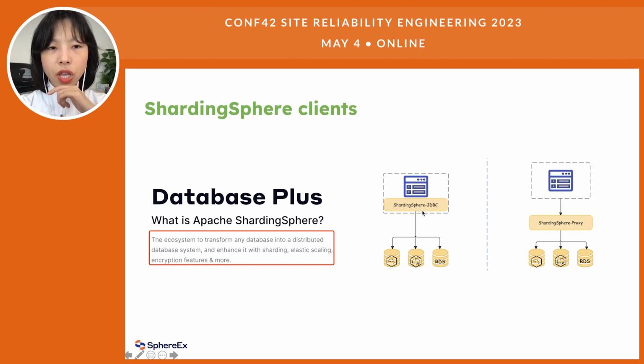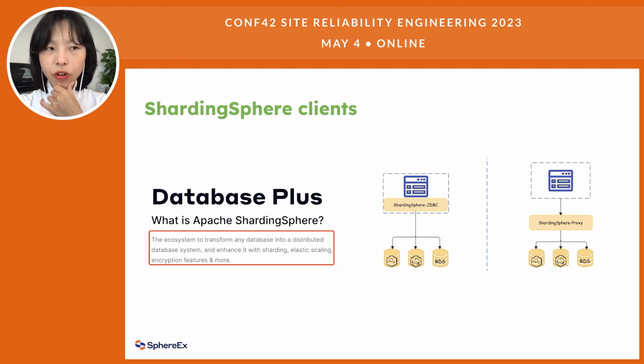It's suited for your Java application, as you can see from its name. It's a lightweight implementation of the JDBC interface. So you just use this lightweight driver, and it will help you manage your database cluster and do data sharding, read-write splitting, data encryption, and such features.